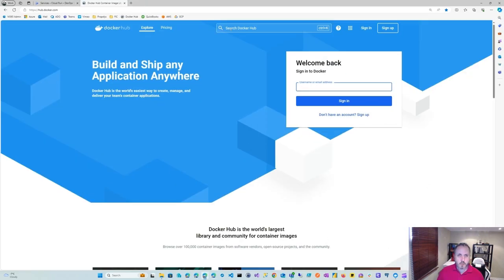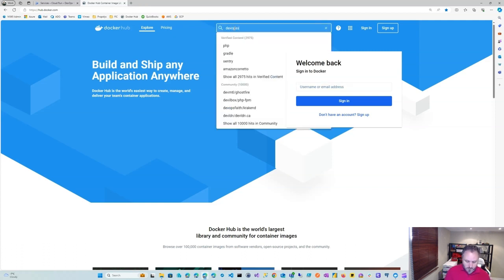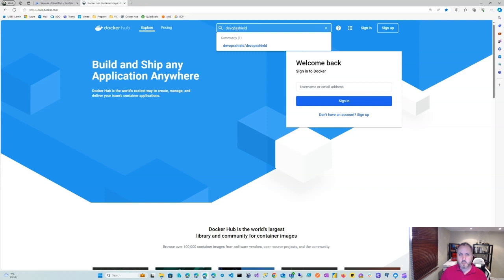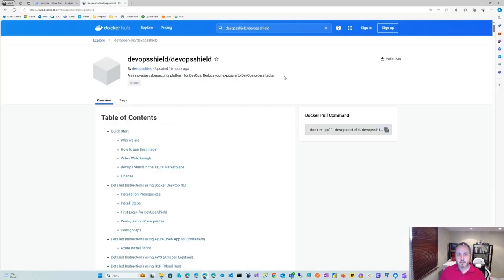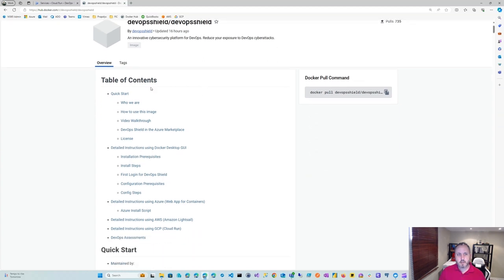The first thing you'll want to do is on Docker Hub search for DevOps Shield, and that's with two S's. You'll find our container DevOps Shield / DevOps Shield, and a great document here with a table of contents to show you how to install DevOps Shield